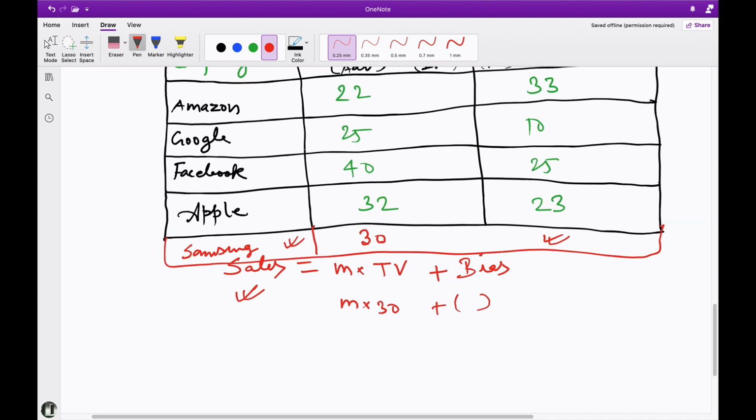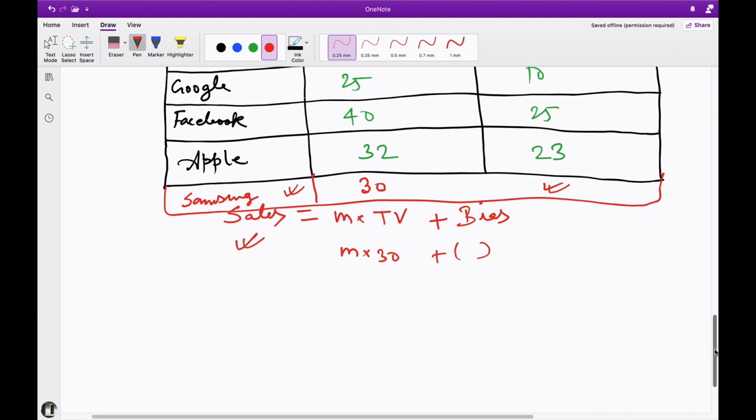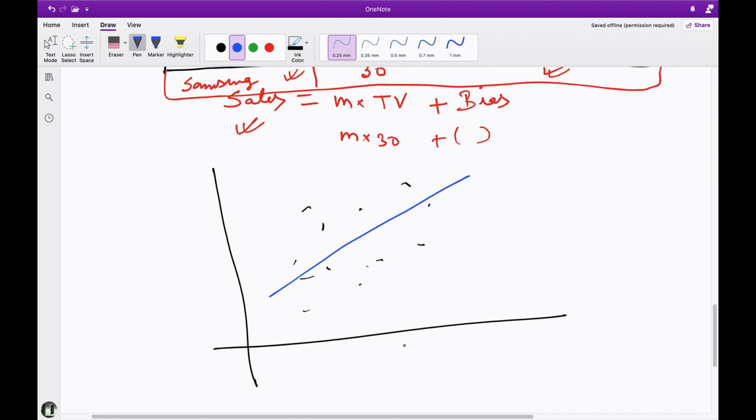And I can plot this tabular data in graphical format, a scatter plot also. Roughly I am taking, it may be like this. Here it is X, the TV advertisement cost, and here it will be sales revenue, and this is how a data point will be, and how this linear regression will try to plot a best fit line. And if we want to predict something here, what we can do is just extrapolate this line, extend it over here, and then check the y value, that is the output value, how much our sales would be. So this is how we can predict anywhere.